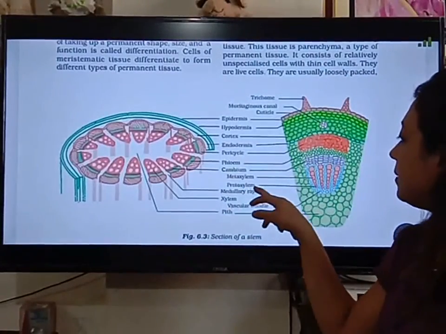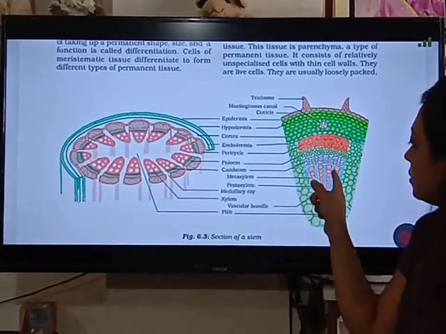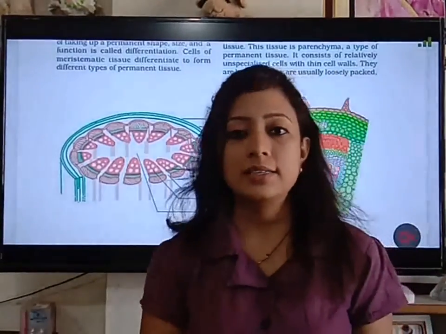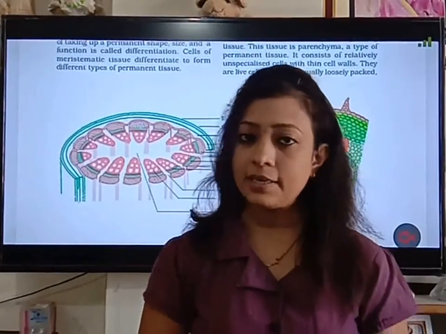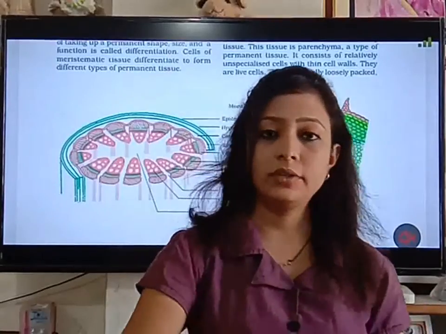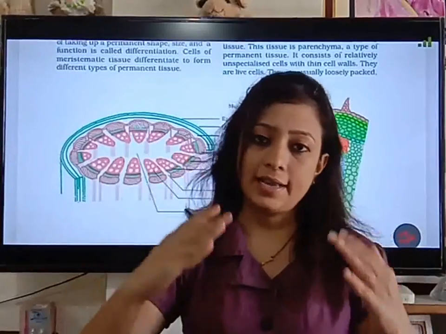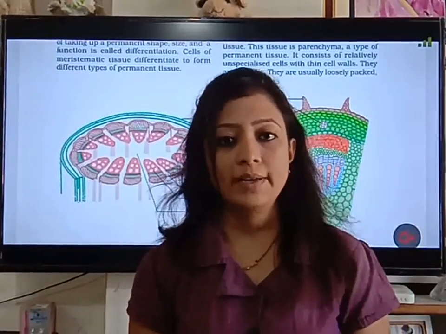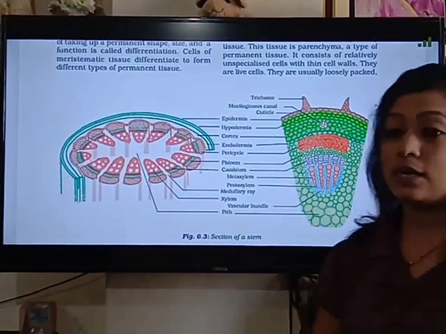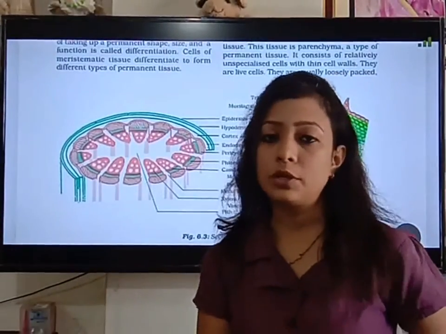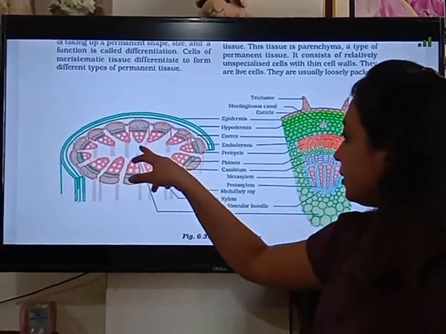Next is the metaxylem and protoxylem. So this circular structure, here you can see these circles. So this circular tissue are nothing but the xylem vessel. These are the water conductive tissues in the plant. It conducts the water from root up to the leaves only in one direction, and excess water get lost from the stomata in the form of water vapor. So this xylem vessel helps in the conduction of the water from the root up to the leaves in the plant body, children.